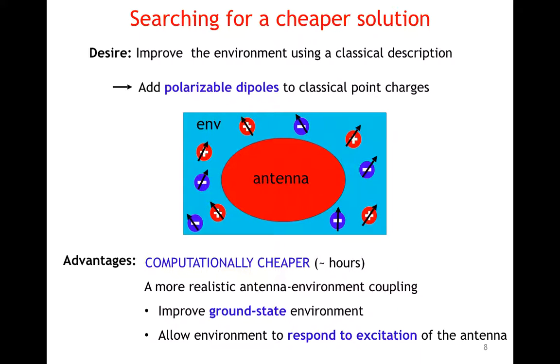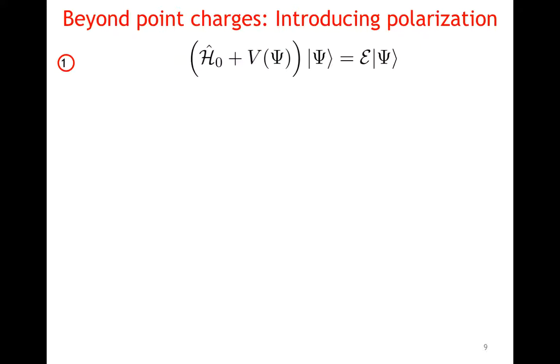can allow the environment to respond to the excitation of the chromophore, and this is the real important advantage that we have when we treat excited states, because with the standard QMMM, the electric field that perturbs the ground state is the one that perturbs the excited state, and there is no environmental relaxation at all, while I will show that the environmental relaxation is crucial to obtain accuracy, and it can be done using polarizable dipoles. From the mathematical point of view, the introduction of dipoles introduces a complication, because